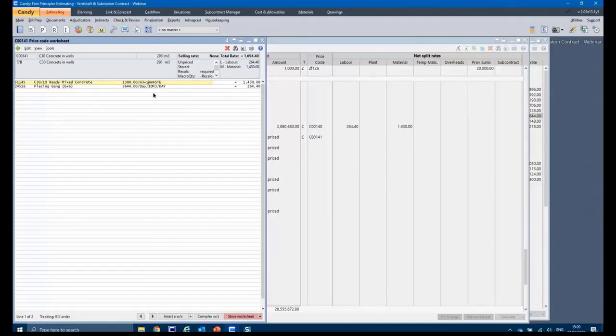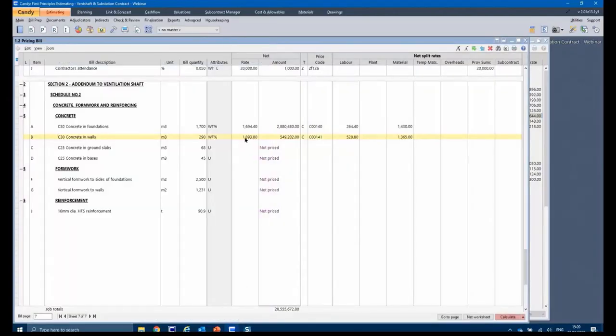So 5% waste. And because the production is also going to be less, instead of 10 cubes a day, I can achieve, let's say, 5 cubes a day. When I store it, you'll see that rate is updated to 1893. So that's worksheet pricing in a nutshell. We'll get to a bit more info behind that, and we'll look at later some functionality behind using a masters to price your bill of quantities.